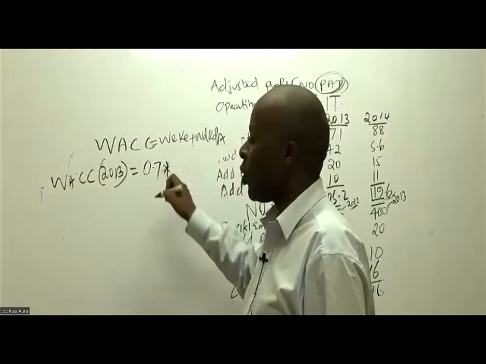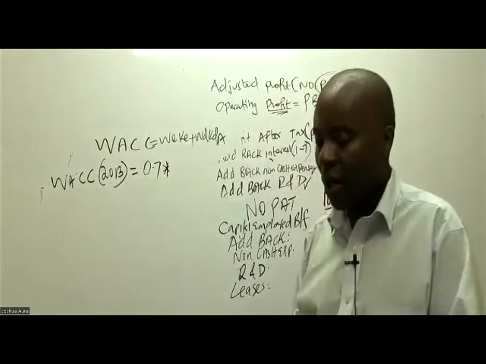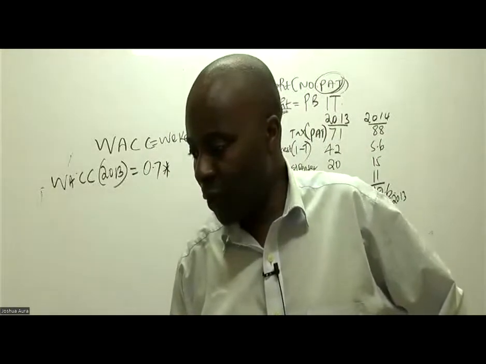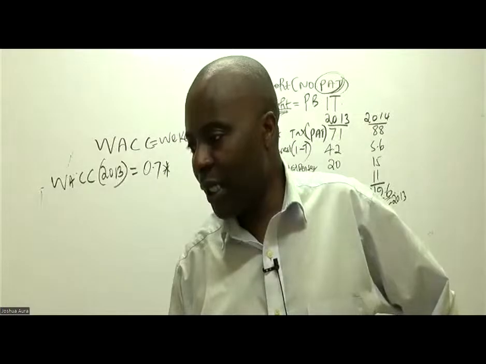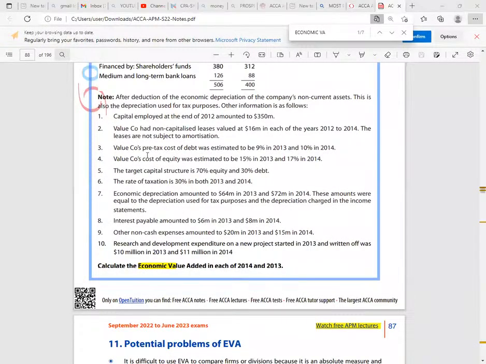So have they given me the cost of equity? Yes, cost of equity is given. Note 3: the company's pre-tax cost of debt was estimated at 9% in 2013 and 10% in 2014. No worries, that is KD. And the company's cost of equity in 2013 was 15%. So 15% in 2013 plus weight of debt, you've just told me it is 0.3 times cost of debt in